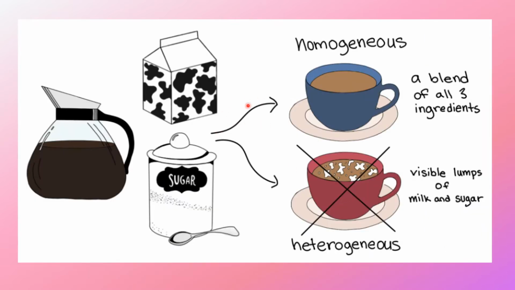Another example of a homogeneous mixture is tea. Tea is prepared using sugar, tea dust, milk, water, etc. When the tea is prepared, we see one single phase. So it is called a homogeneous mixture. But here is another example where we can see lumps of milk and sugar. Then it is not homogeneous, it is a heterogeneous mixture, when it is not dissolved in a proper manner.